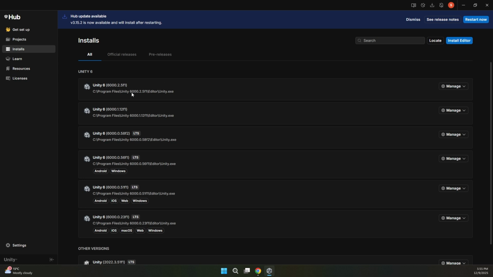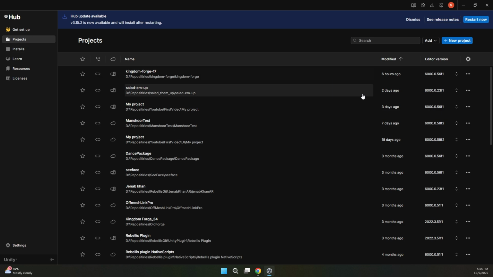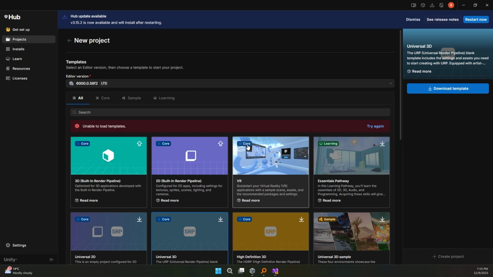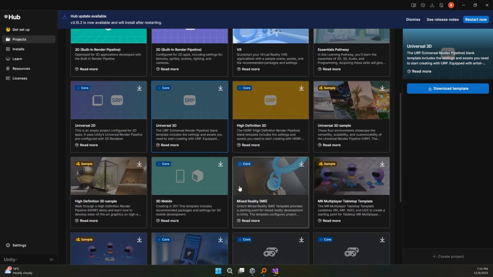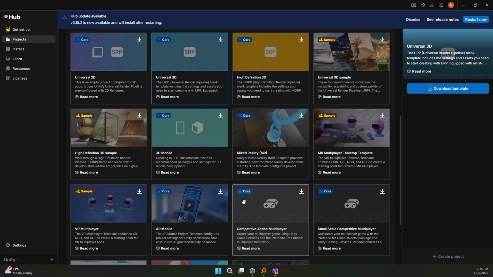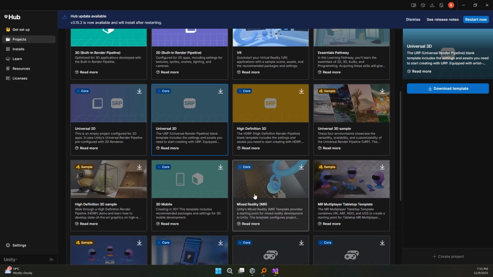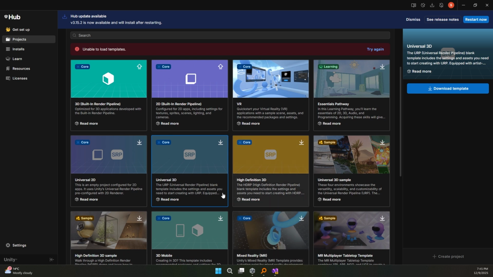Okay, here, as you can see, I have a lot of Unity versions that I can use. Then I have to go to the projects section, and in the projects section, you will see your projects, and you have to create a new project. In this panel, we have a variety of templates that you can download and test. There are templates for mobile, AR, VR, and any kind of game, for example a multiplayer template that could be useful to learn from. But these three templates are the main ones that you have to know about: Universal 2D, Universal 3D,